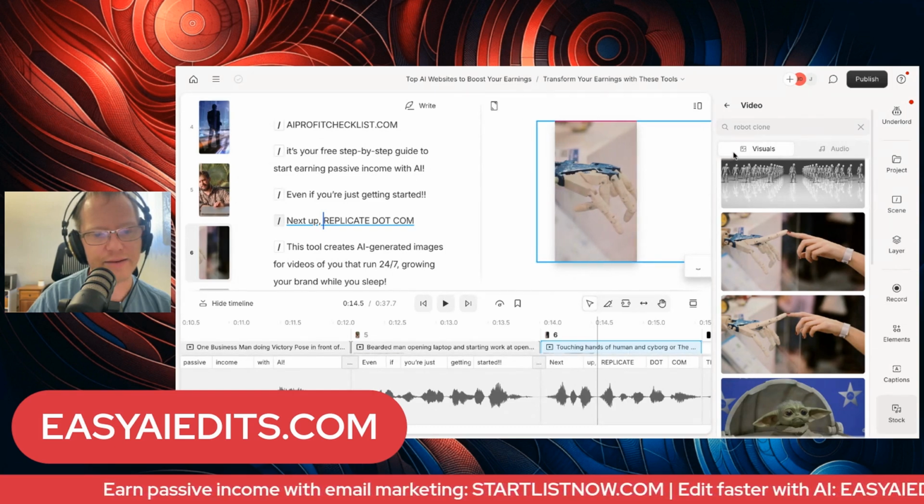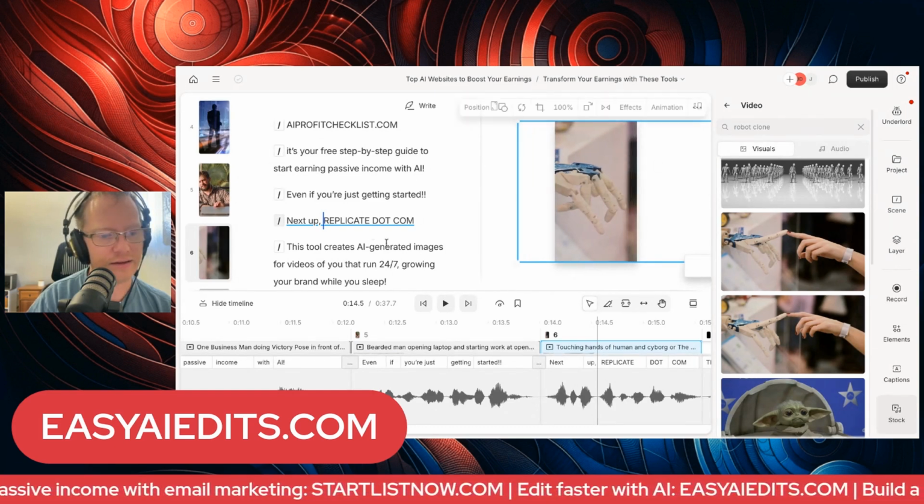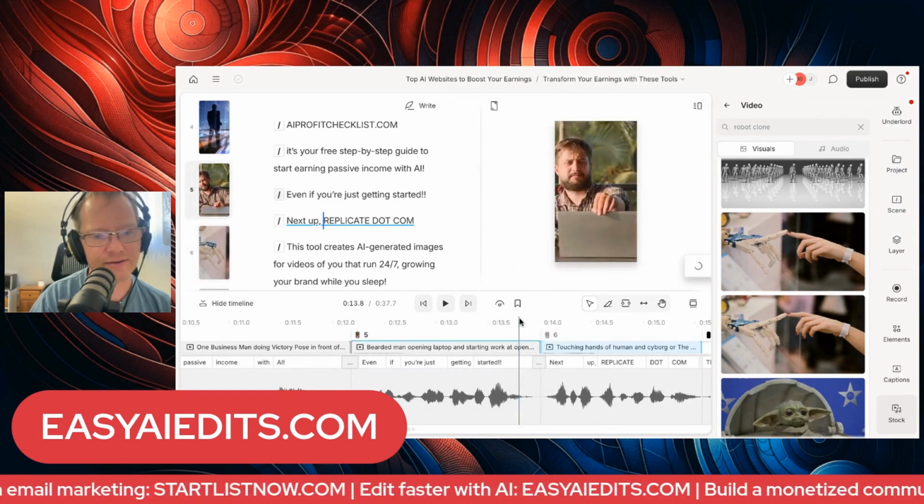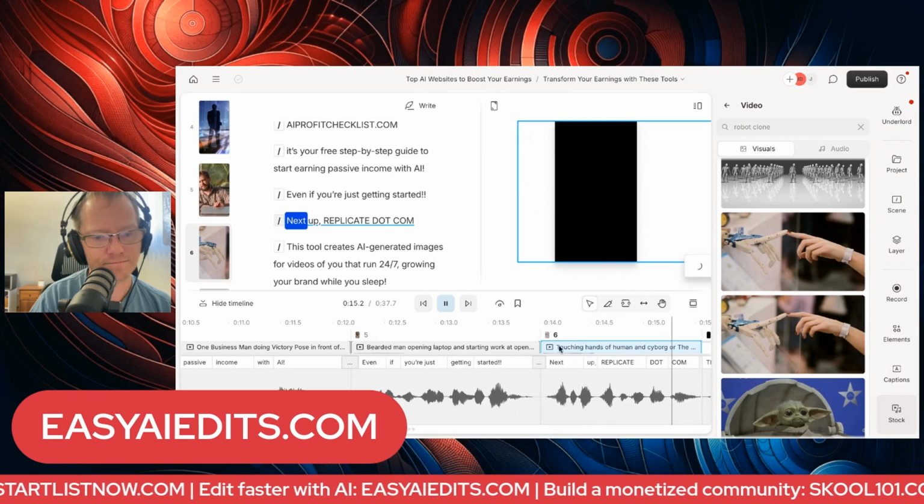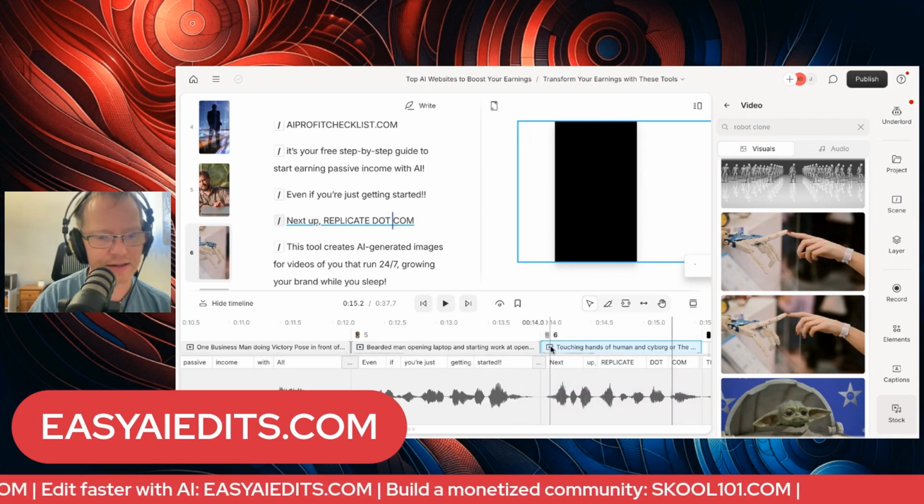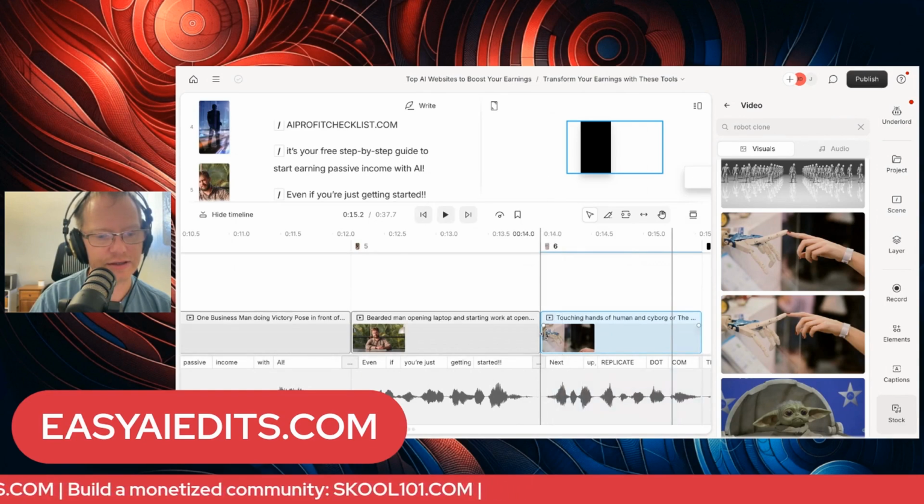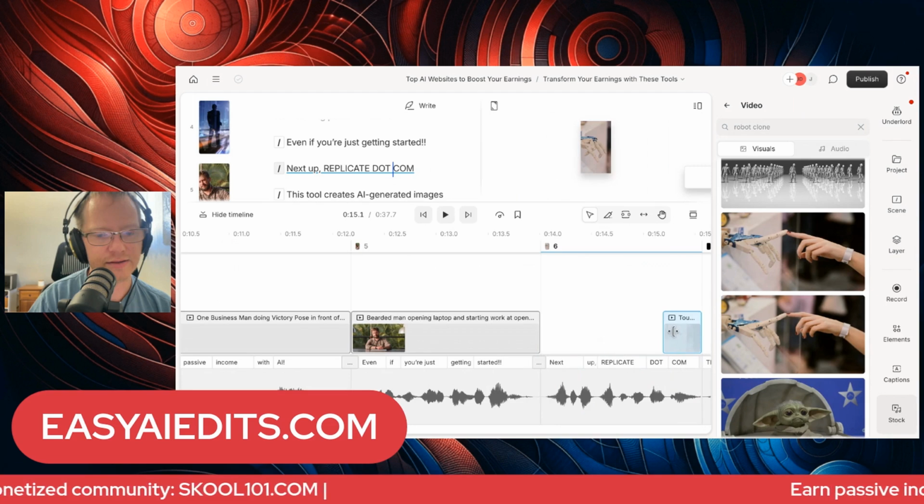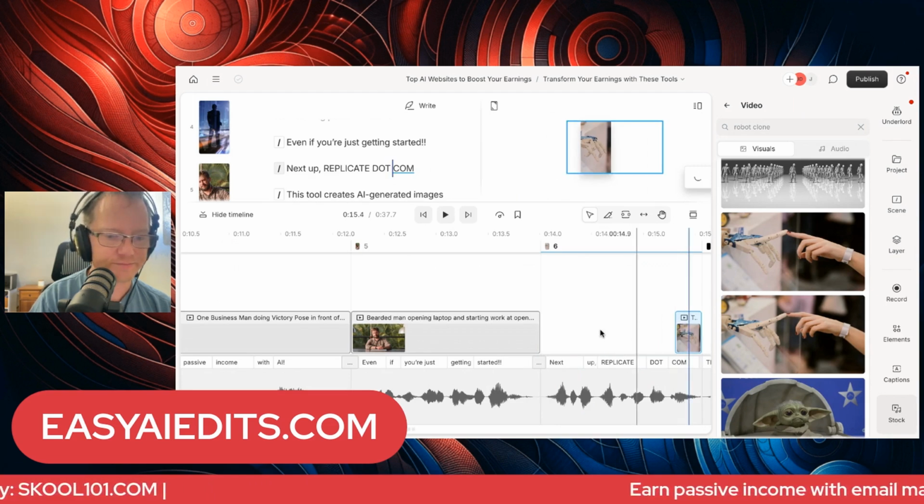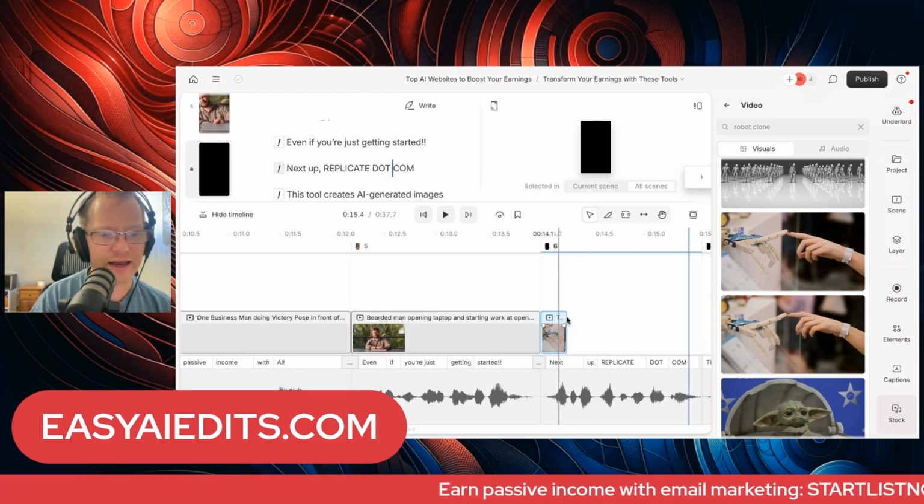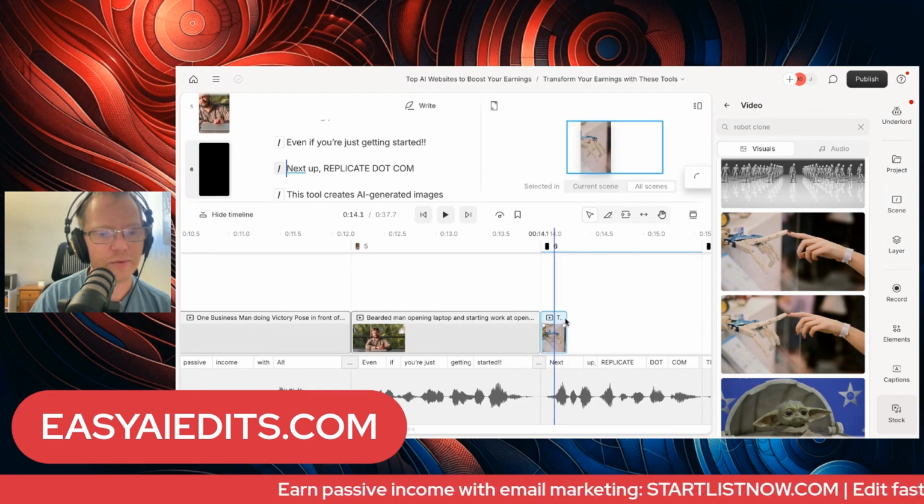I'm going to use that hand. I'm just going to use the hand here. Let's see if it's the right part. Next up, replicate.com. I want it to be a little bit more into the video, so I'm just going to skim forward there, readjust it. It's learning a different way to edit if you've ever edited before. But once you get used to it,